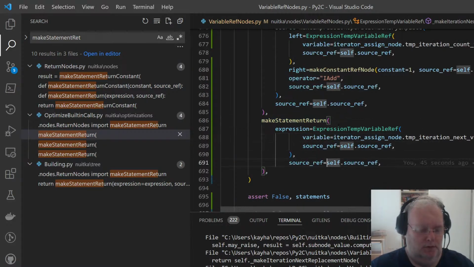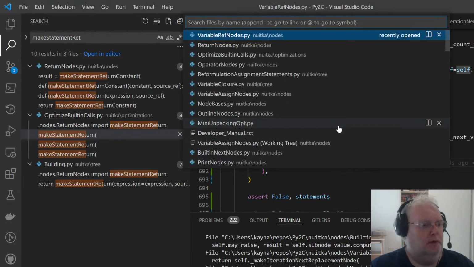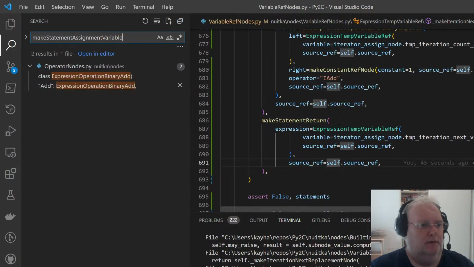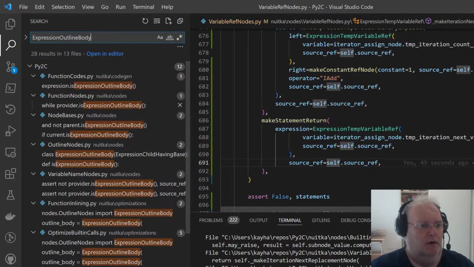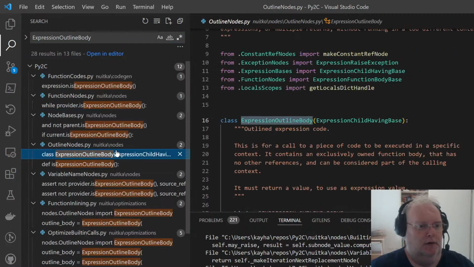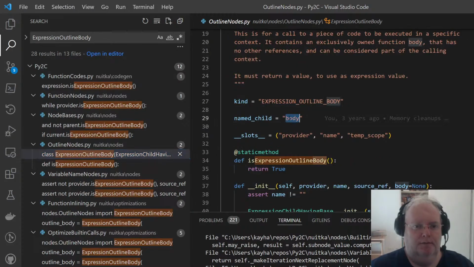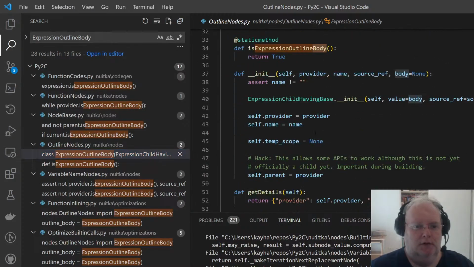Okay, so expression outline body is something we searched before. Let's find a nice example. Here they are defined. They have a body, which is essentially just a bunch of statements, a statement sequence actually.